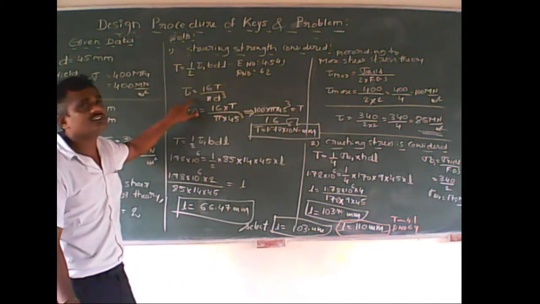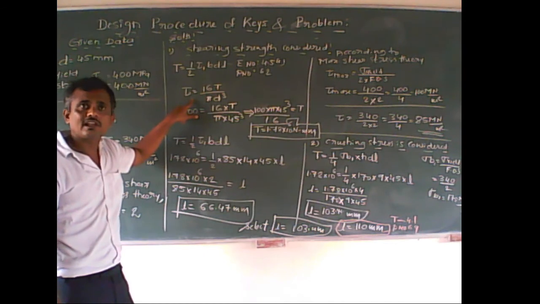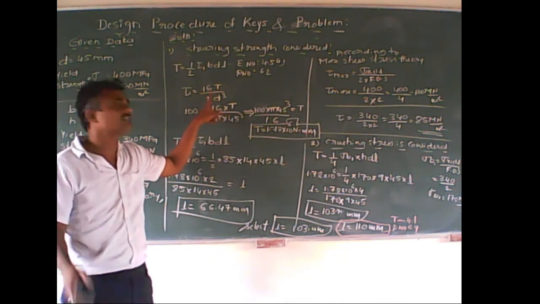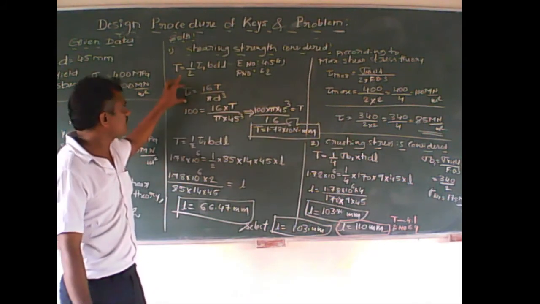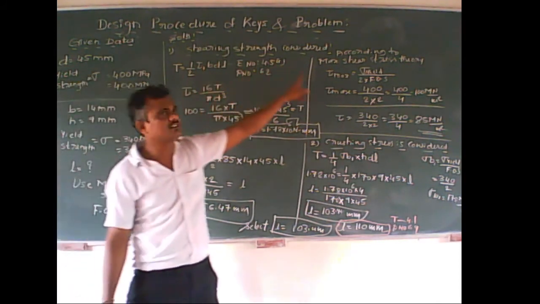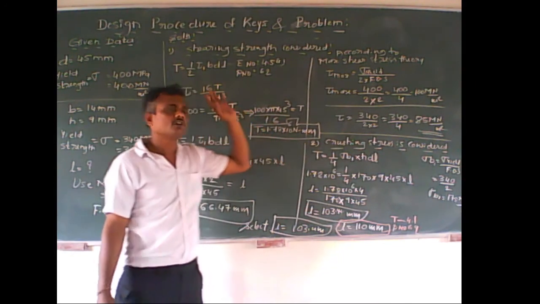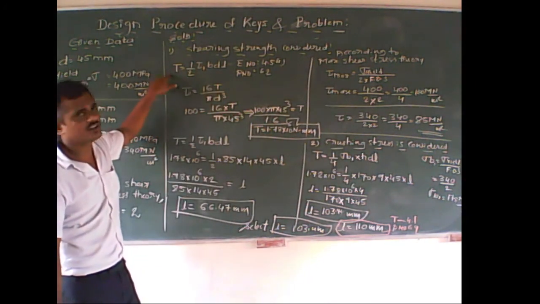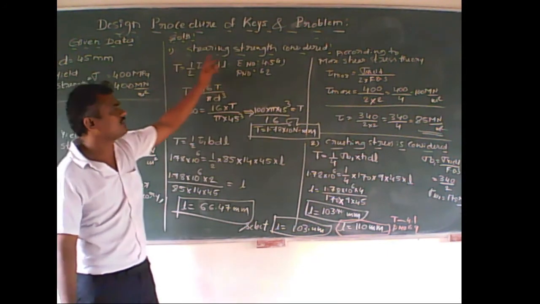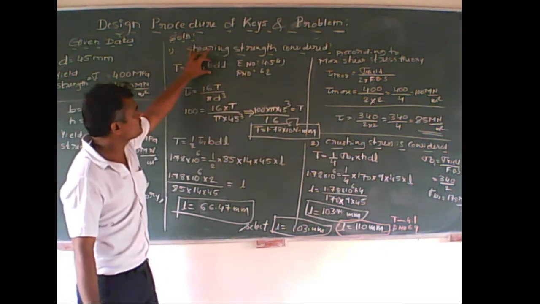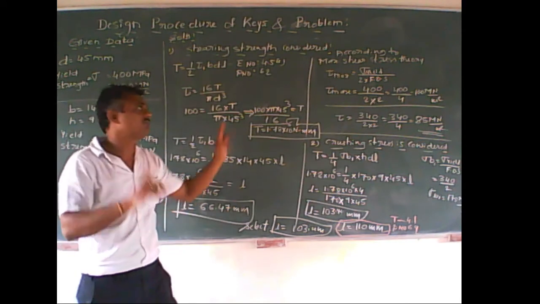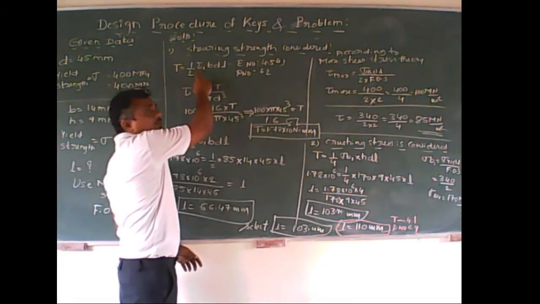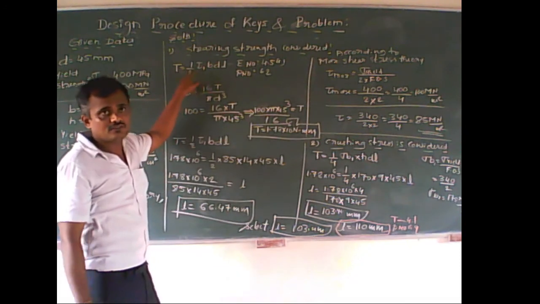I can use this equation to calculate the dia of the shaft in the previous problem, whereas here we are calculating T. We are calculating T by using the shaft equation. So I can use this tau as 100, which is obtained from this value. After determining this T value, I can substitute in this equation. And here b is also given, dia is given, tau 1 is required. This tau 1 is not of the shaft because this is the equation belonging to the key.